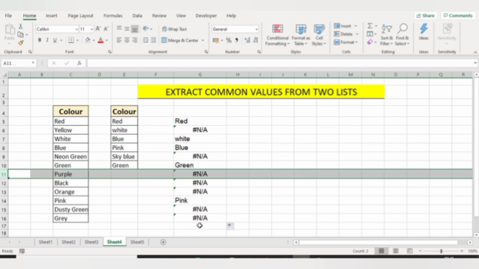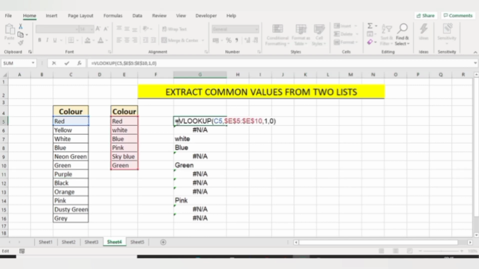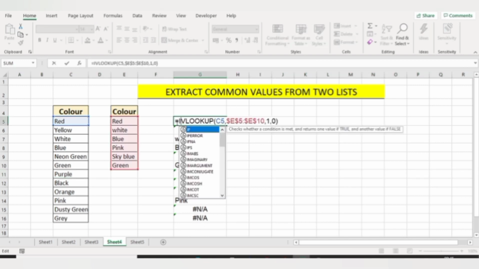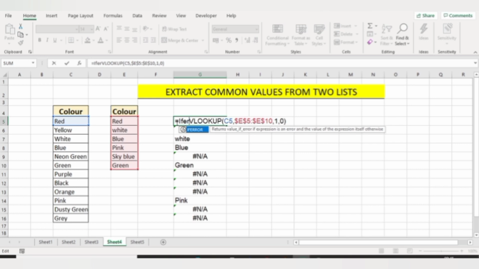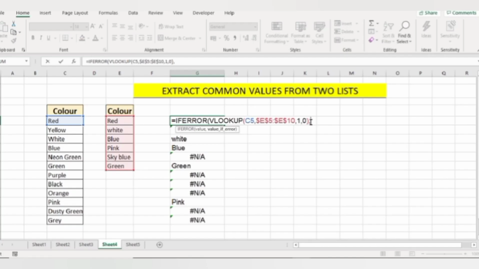And if you don't want this NA error, for this you can use IFERROR function with VLOOKUP function. This is your value. Now my next argument is value if error.